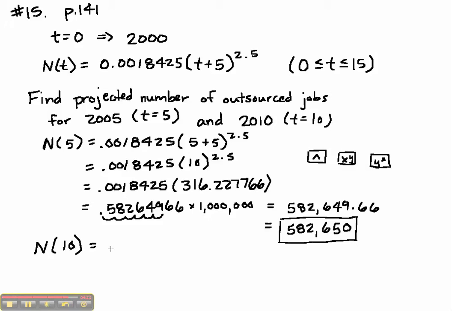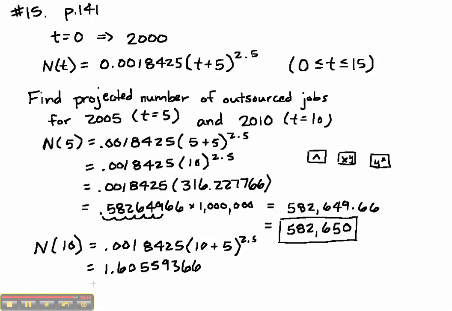And so we would do the same thing for 2010. We would substitute 10 into our formula. And it's the same calculations. So for the sake of time, let me go ahead and tell you that you should get 1.605593366. And after we multiply this by 1 million, we'll get 1,605,594. That's how many